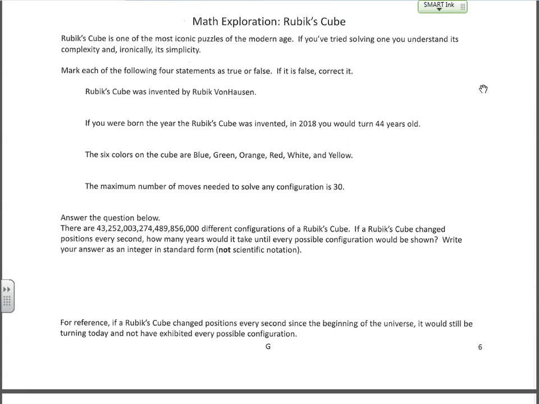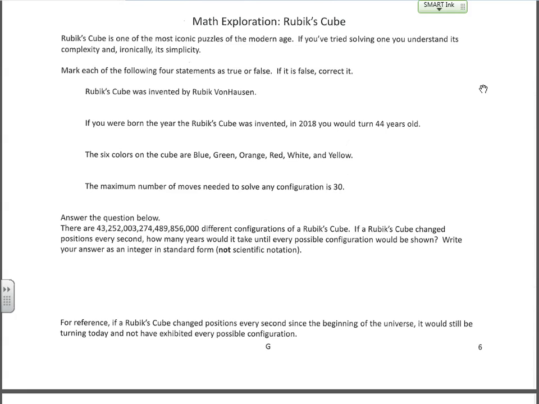If you've tried solving one, you understand its complexity and, ironically, its simplicity. Okay, it's very mathematical. I don't know the calculations people do, those that can solve it in like 6 or 8 seconds, regardless of the position that it begins in. I don't know the math behind it, but it is a pattern. Okay, based on where the colors are or where certain ones are, you can get there using essentially a mathematical